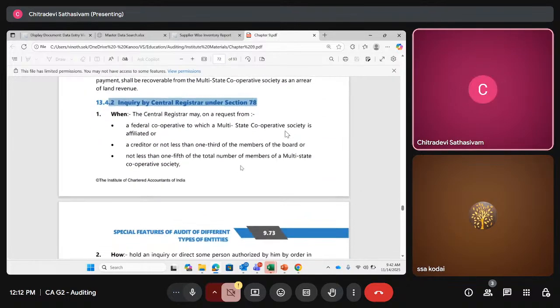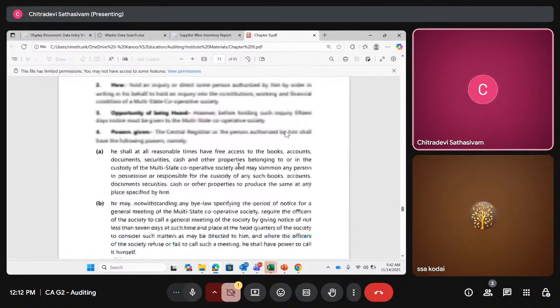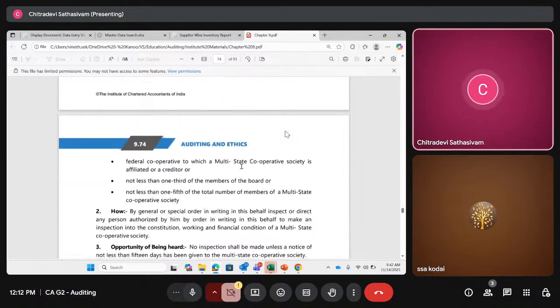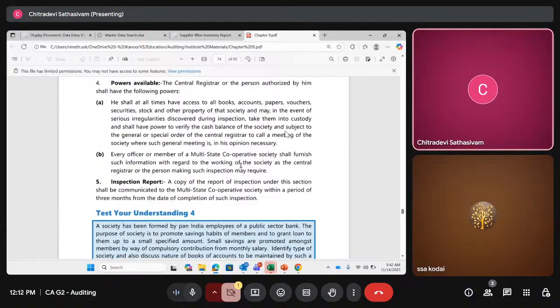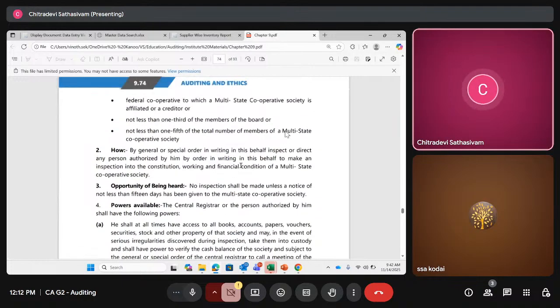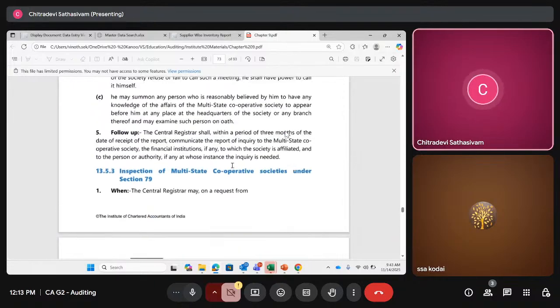Inquiry by the registrar. This is also a very important question, and it is nothing but how the inquiry is being carried out. And the last one is the inspection. Again, as I said, it is a provision thing only. If you feel you need some more points beyond the PowerPoint presentation, sir, please let me know. Don't hesitate. I will immediately share it with you in a PowerPoint presentation.